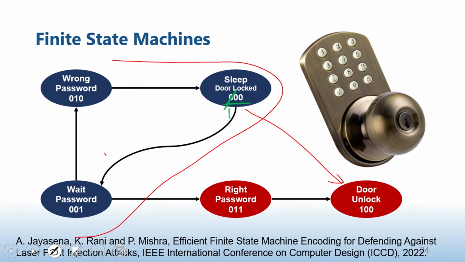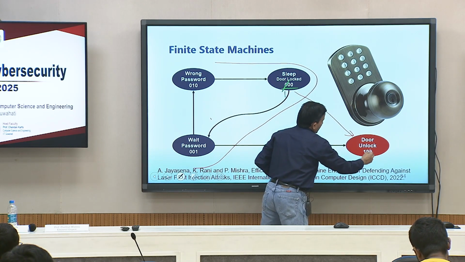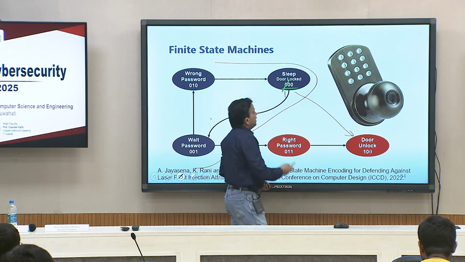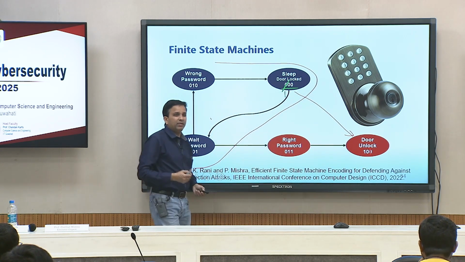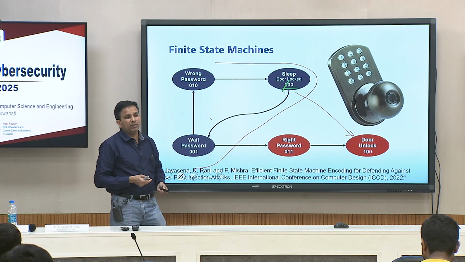Yes, please. Increasing the Hamming distance. Right now the Hamming distance is 1. If the capability is 1, I want to increase the Hamming distance to at least 2. If these are the only 2 states, if I could have made it 101, then that would have worked. Even if it can flip any of the 1 bits, it will still not match the encoding of the